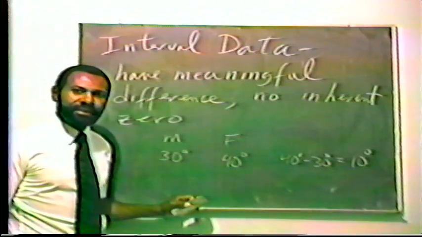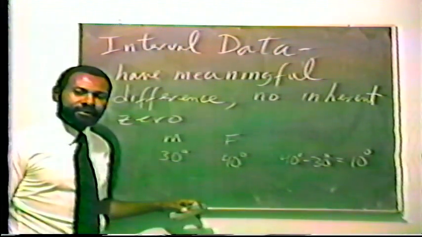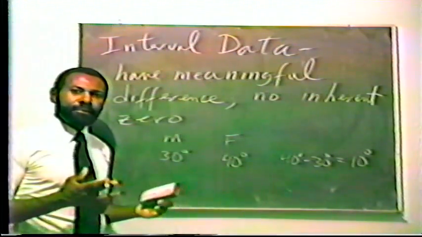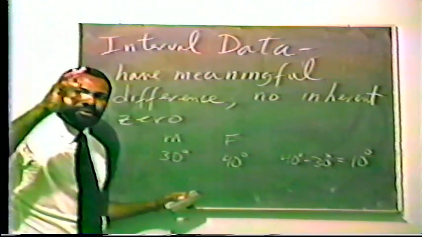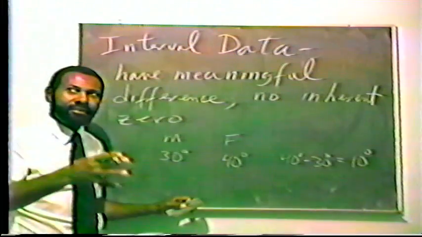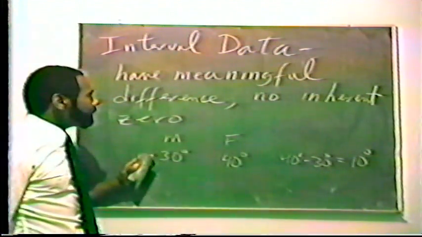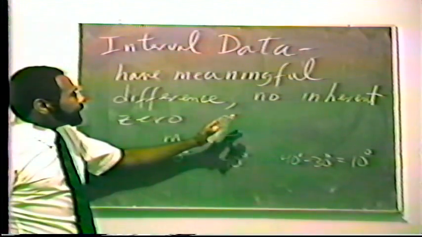IQ tests would be another example of interval data. We can subtract IQs and we can get meaningful differences. We can say this person's IQ is 20 points higher than that person, and what have you. The interval data